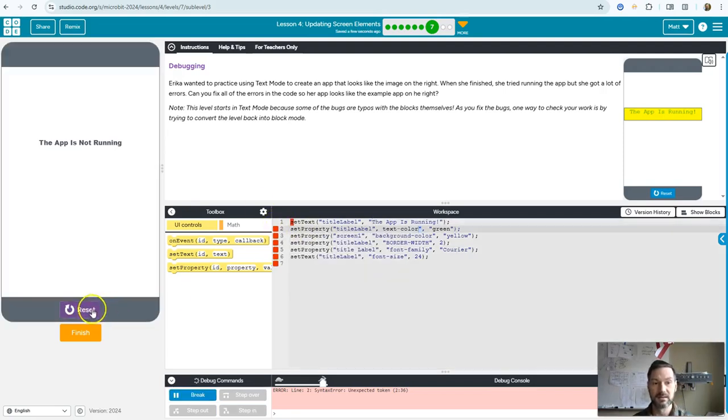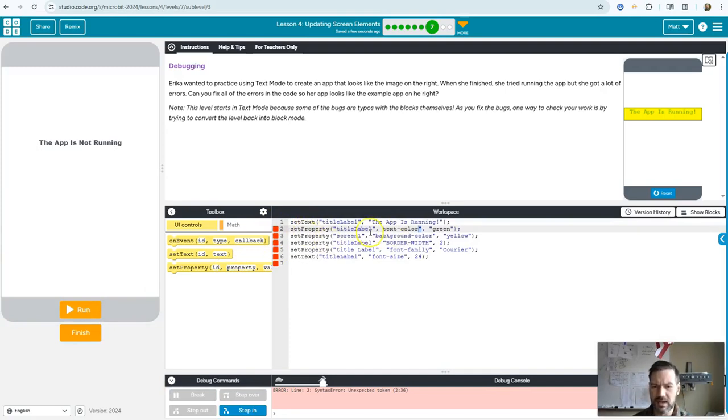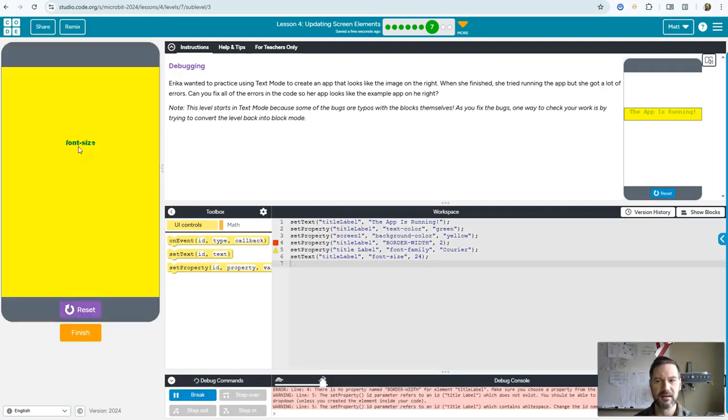All right. So we still got lots of errors though. So looking through here again, we can see now, with what we learned of where the color changed, looking at this one, it's set property, capitalization looks correct. This one's got quotes, but then here we can see that there is a closing quote, but there's not a beginning one. So let's put in the beginning one. And now our error message went away. So let's try running this again. And